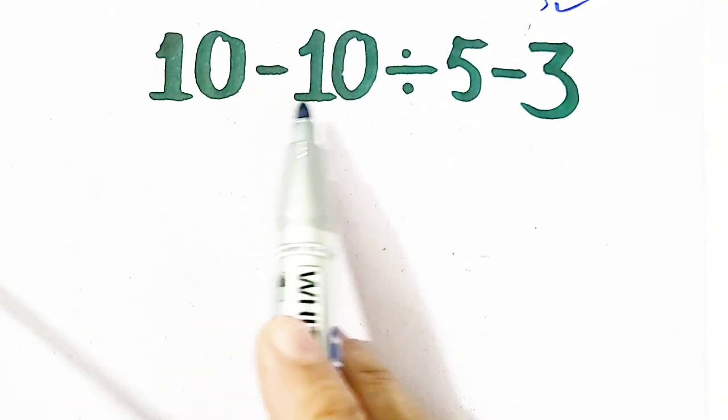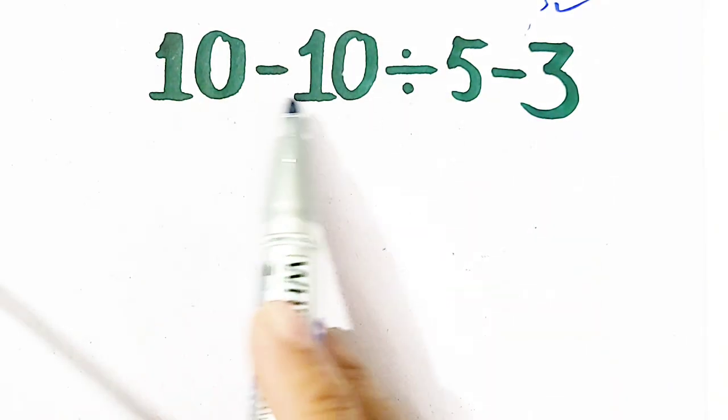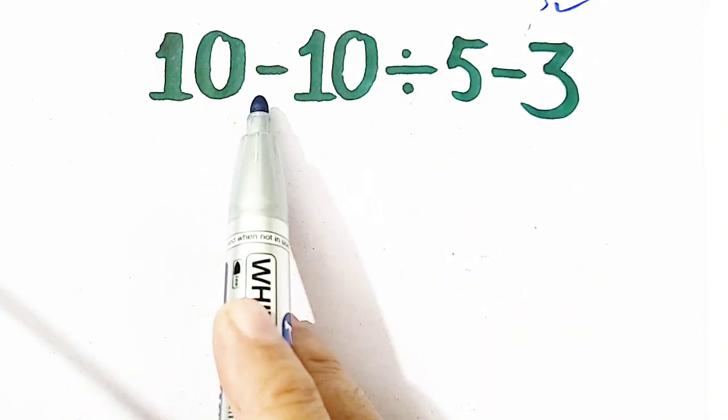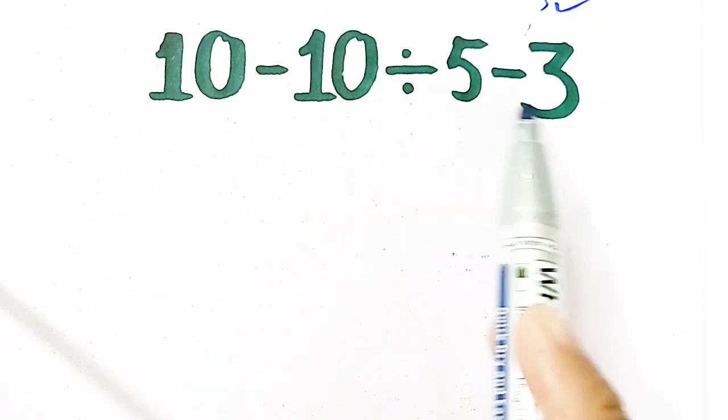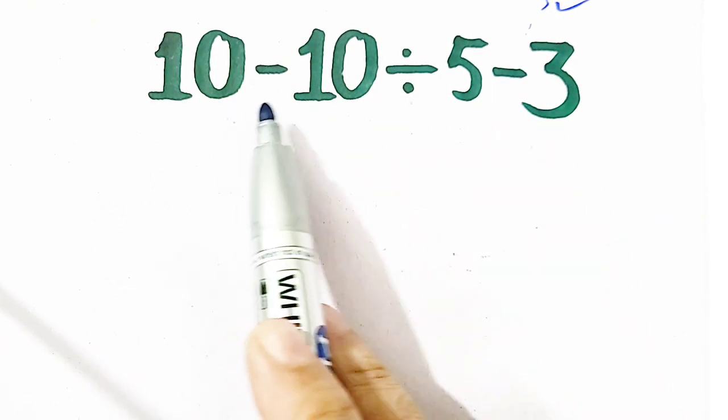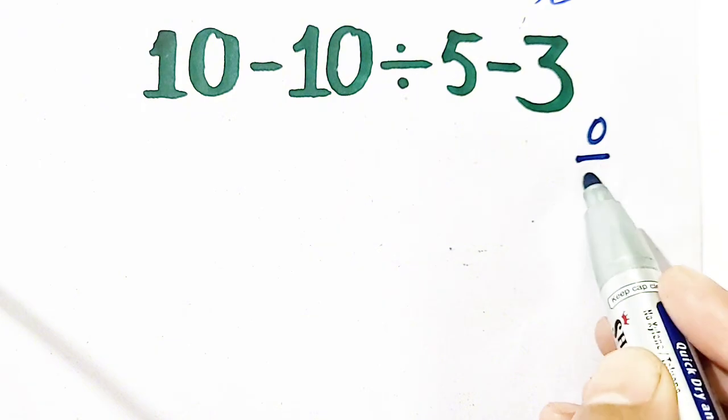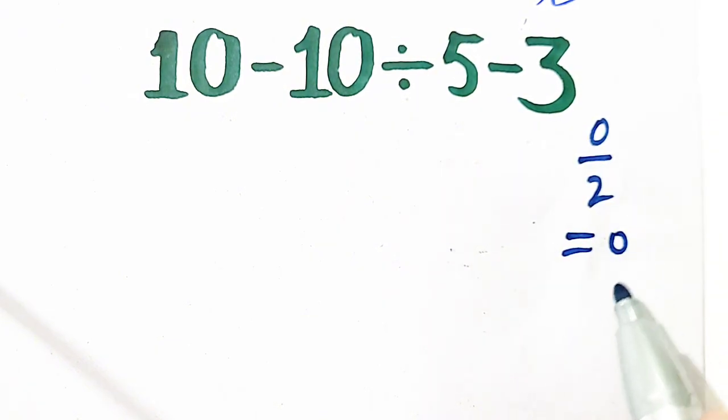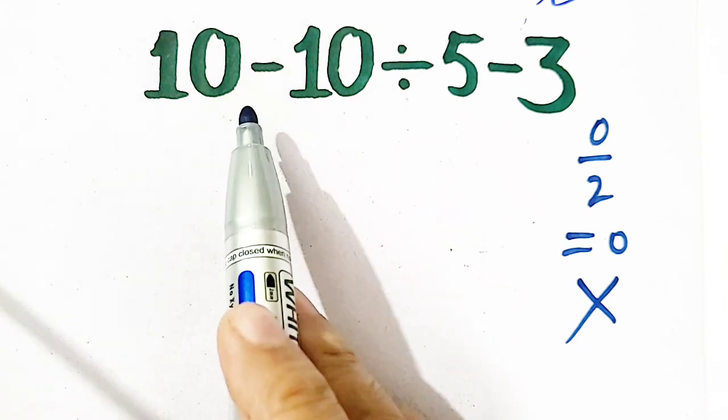The question is 10 minus 10 divided by 5 minus 3. 10 minus 10 is 0. 0 divided by 5 minus 3, it is 2. 0 divided by 2 will be equal to 0, which is not our answer, because we didn't follow the order